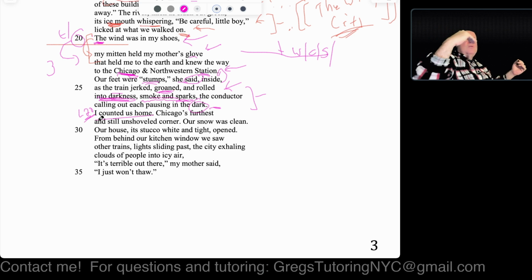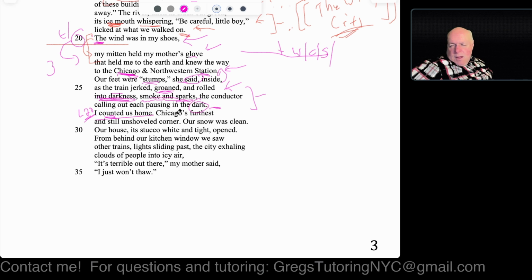Now, depending on what train they're at, talking about the New York City subway, 20 stops could be going 2 miles. But if it's something like the Long Island Railroad, 20 stops could be going 50 miles or something. So anyway, they counted us home. So I'm assuming they took maybe 5 to 15 stops home, and the kid was maybe even familiar with them. So counting does mean the kid went 1, 2, 3, 4, 5, but the kid may have actually known the stops as well. I don't know if we can really infer that out of this.